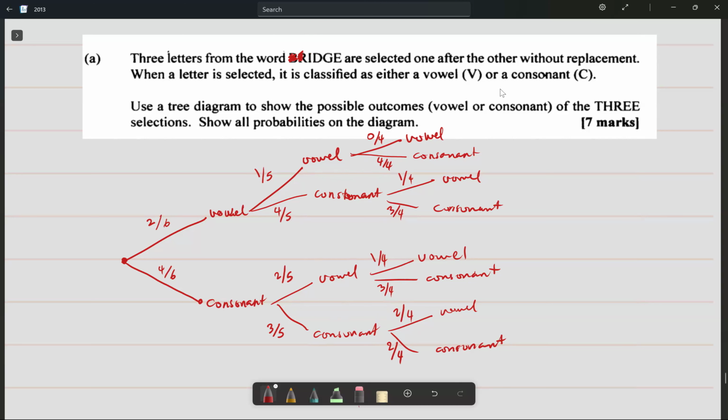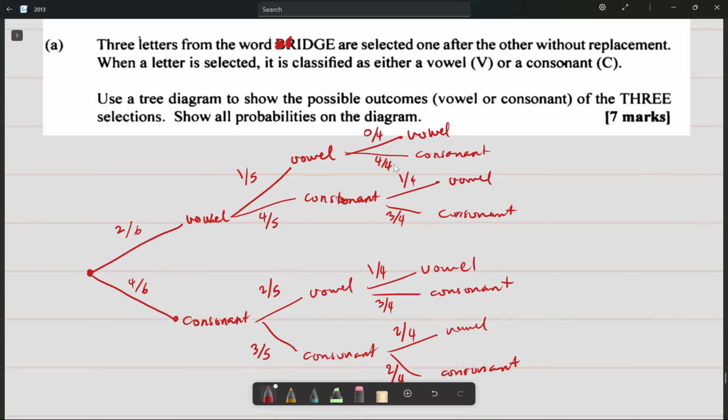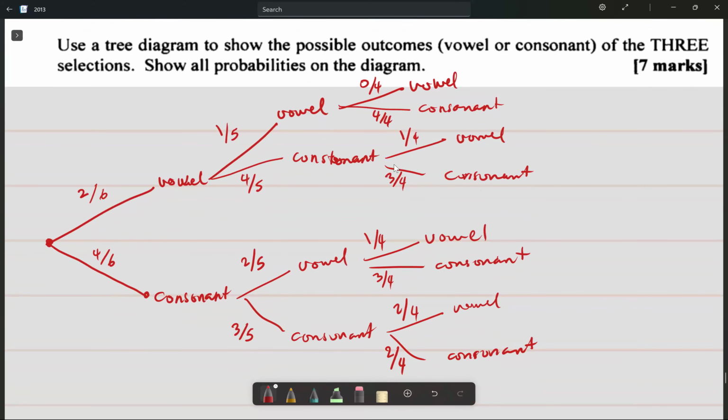Any problems with this tree diagram? We're good with this, understood what happened. I'm good with it mostly, but I just wanted to know why, in drawing the branches, we repeated the vowel and the consonant, but there was no reason for it to change. Is it because every time we draw, we assume that we're drawing for the first time, that it's fresh, or